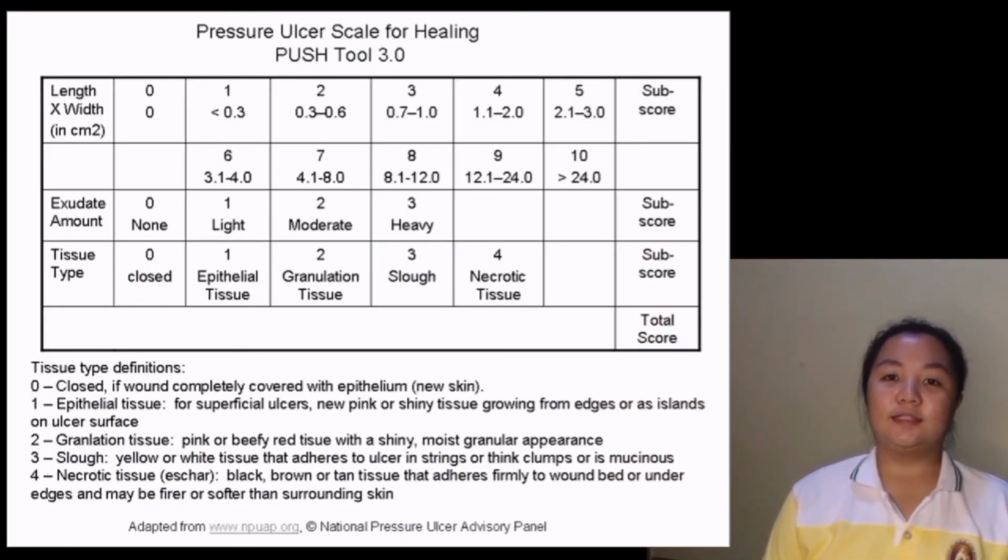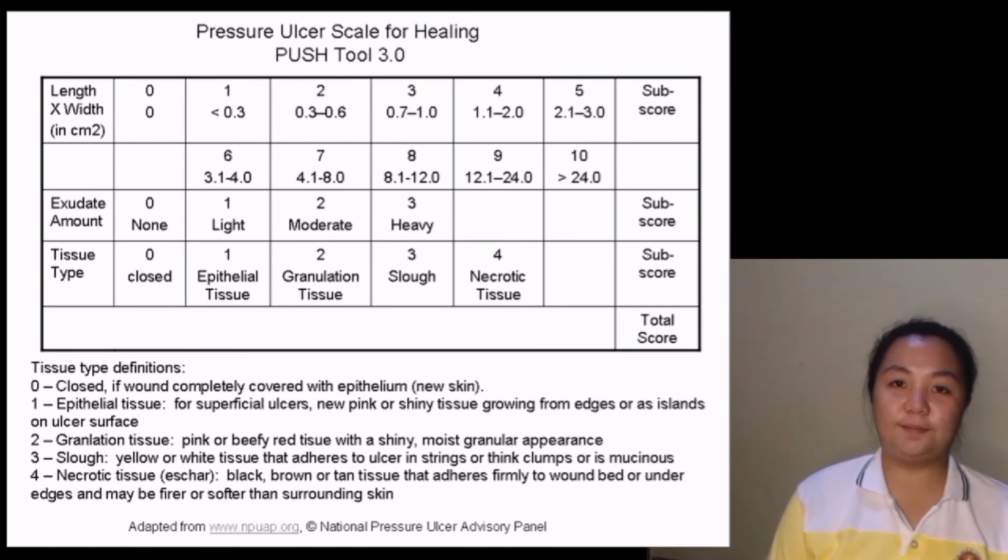Estimate the amount of exudate or drainage present after the dressing has been removed and before any topical treatment is applied to the ulcer. Exudate or drainage should be classified as none, light, moderate, or heavy. So,